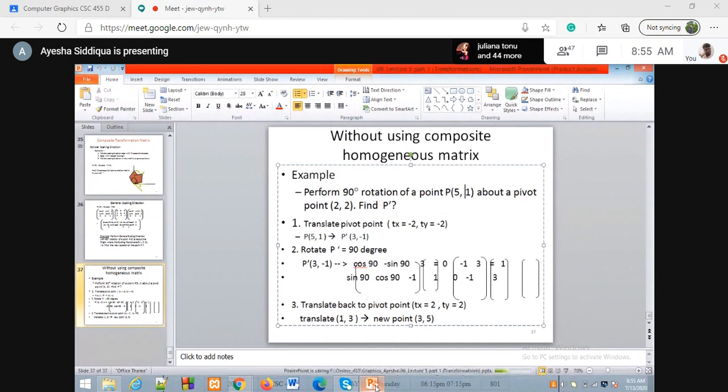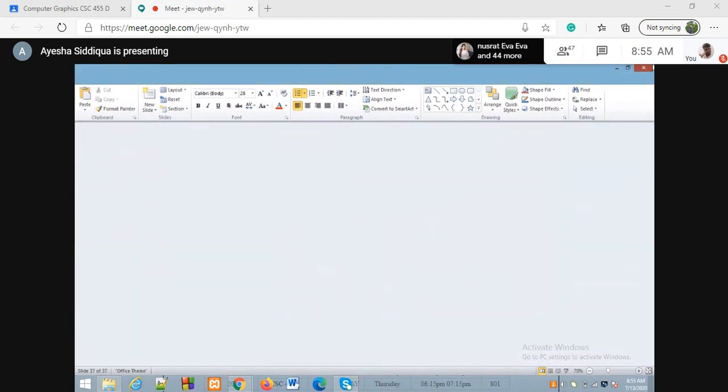Okay, ma'am. So whatever the problem you have seen, do one thing, make a separate note for each of the problem. Like for 2D transformation, what is the formula? For pivot point and 3D transformation, what is the formula? For pivot point 2D transformation, what is the formula? So if you write it separately, it will be better for you to understand. Okay.